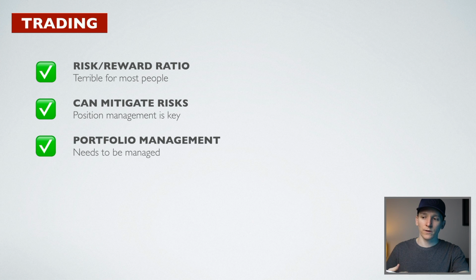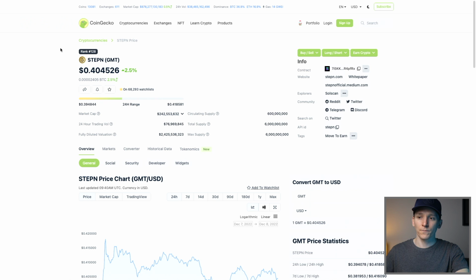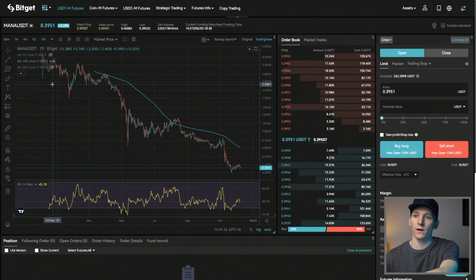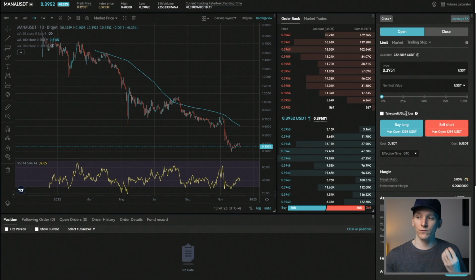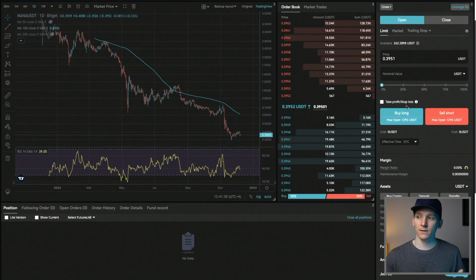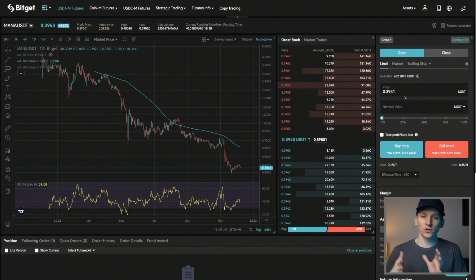So again, you need to be an investor and you need to understand the markets. So let's go over some ways to actually trade, right? So people often use futures to trade, which is on a platform like BitGet, where you can trade futures. Now, futures are a way to trade very easily because you can actually take long positions, which is where you benefit from the price going up, and you can take a short position, which is where you benefit from the price going down.